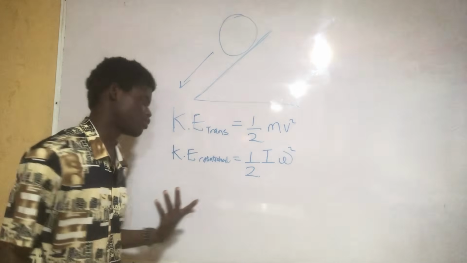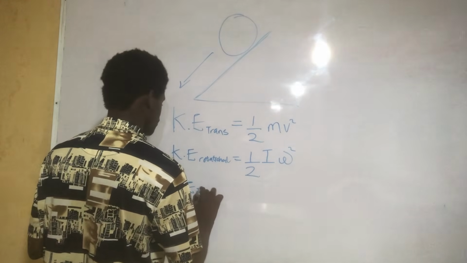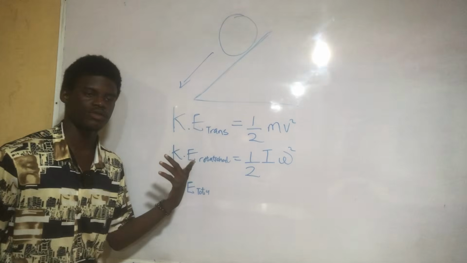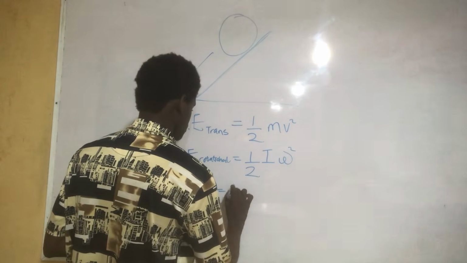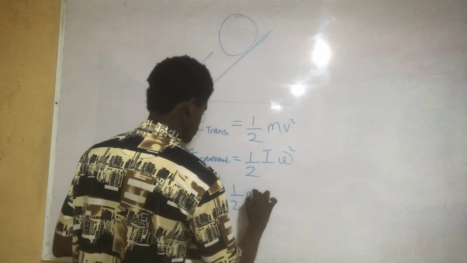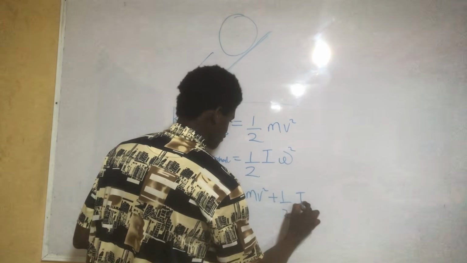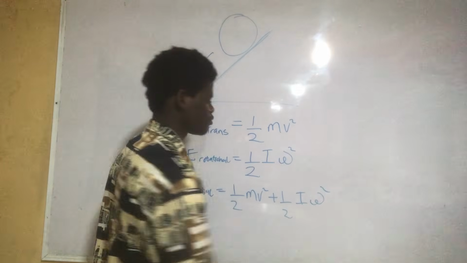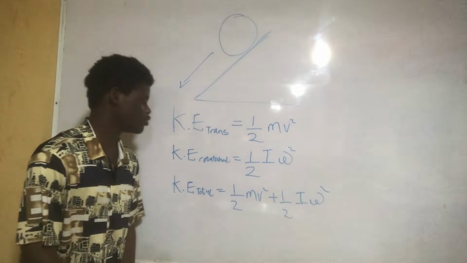So to get the total kinetic energy, it will be the kinetic energy of the translation plus the kinetic energy of the rotation. So that will be half mv squared plus half I w squared. So if they ask you to find the kinetic energy of a body rolling,